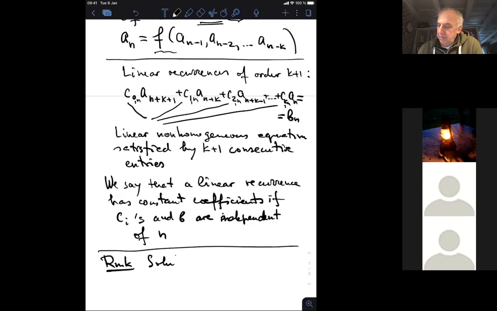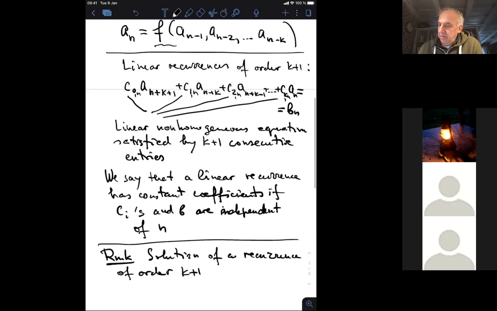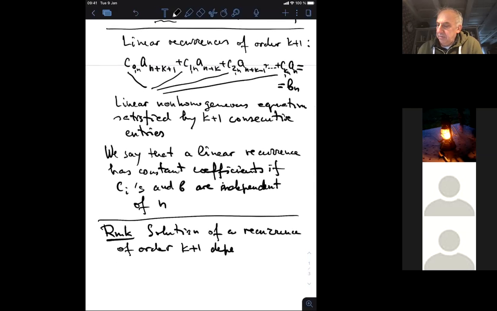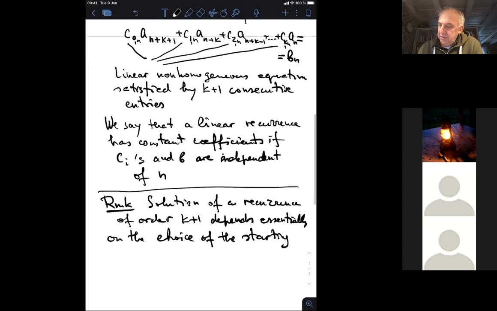Solution of a recurrence of order k plus 1 depends in an essential way on the choice of the initial conditions, of the starting values or initial conditions,